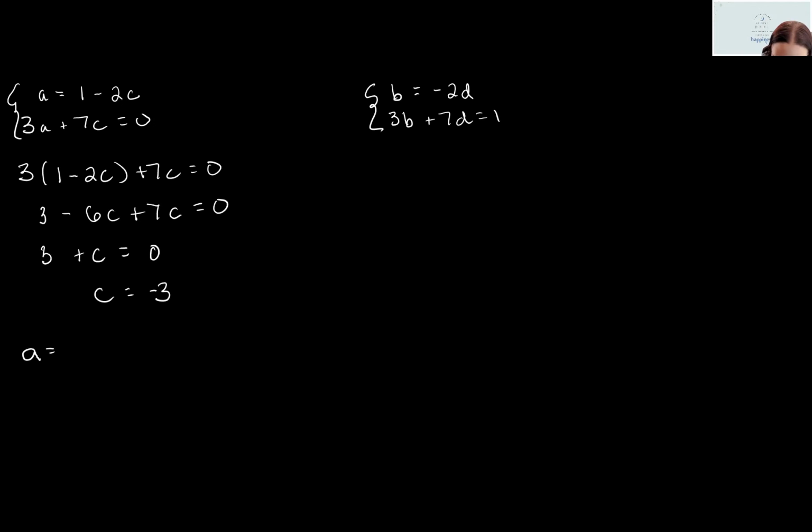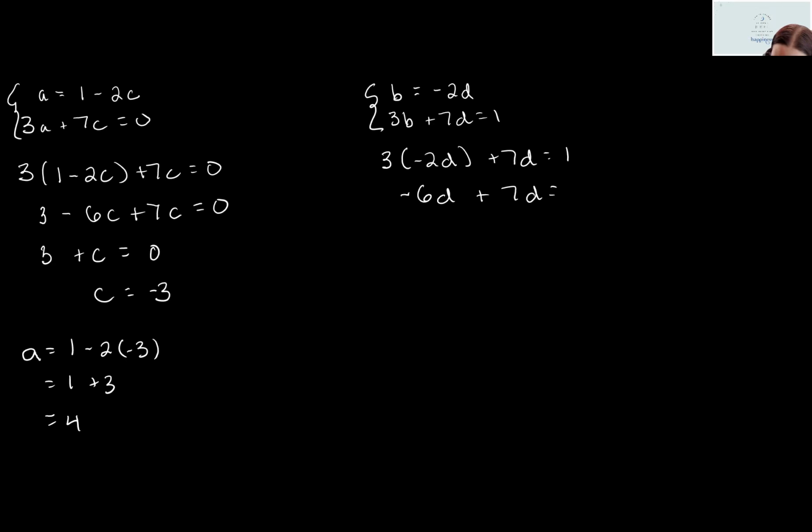And then A equals 1 minus 2 times negative 3. 1 plus 6 equals 7. Then second system, I'm going to solve